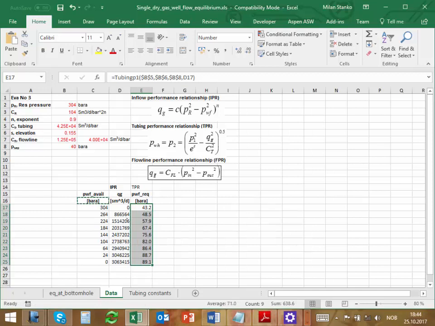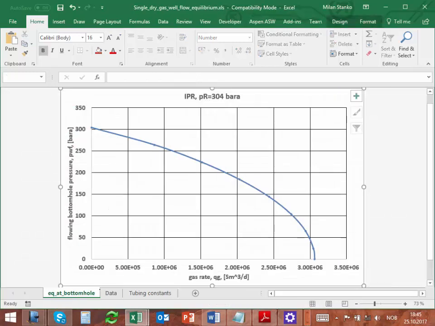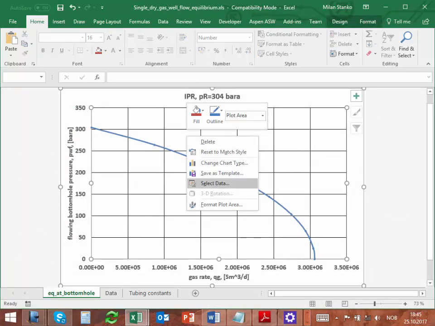Okay, then I got these numbers. And you see, I'm getting the trend that I expected. At low rates, the pressure is very low, but when I start increasing the rate, then I need more and more pressure at the inlet of the tubing to produce that rate, against 40 bar. That clear? Yes? Okay,